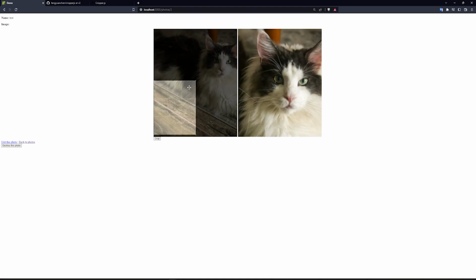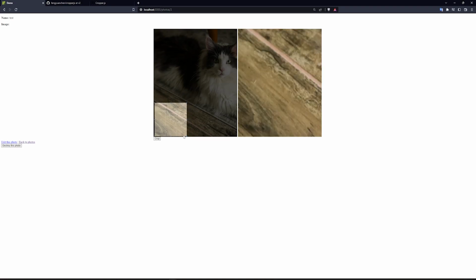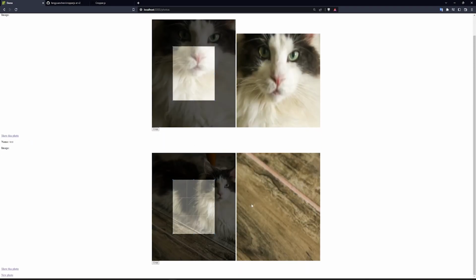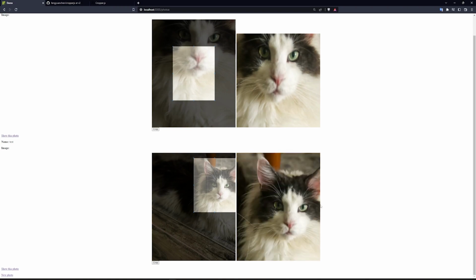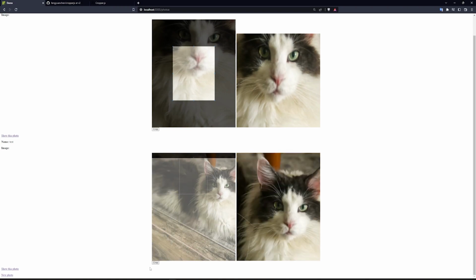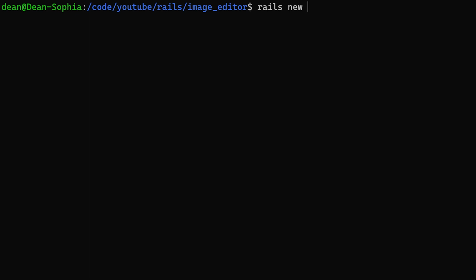And just as proof of this, we'll go ahead and we'll crop it down here so that he's completely out of the image. We'll click crop, and then if we refresh, you'll see that that sticks around just like that. And there's your cropped image. The nice thing about this is because you keep the original, you can always recrop the image if you're so inclined. So to get started, we're going to do a Rails new video, and I'm going to pass in a